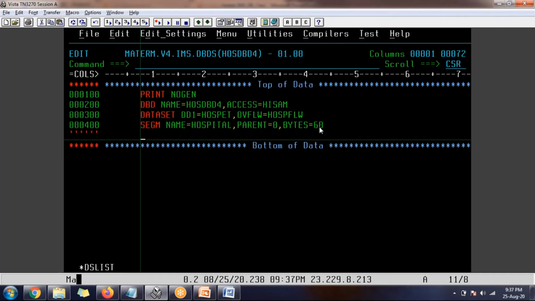In file handling, we have a filler, right? So we might be having 5 fields with 10, 10, 10, 50, but we will keep some buffer. The same thing can be done here also.